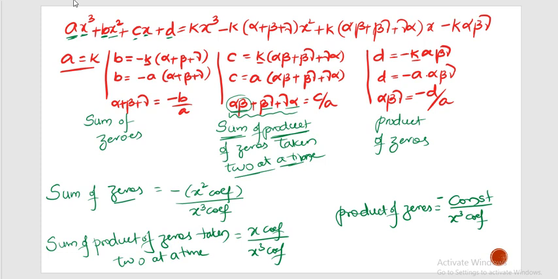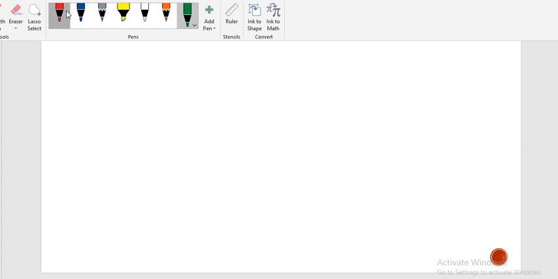Now here also we are going to have an alternate plus minus convention, right? For the sum of zeros we start with minus, next the sum of product of zeros taken 2 at a time will be positive, next the product of zeros again will be negative. That means alternately you are going to have the plus minus concept, right? Now based on this, suppose you are given the 3 zeros of a polynomial as alpha beta gamma and you are asked to find a cubic polynomial, then how will you write this cubic polynomial?